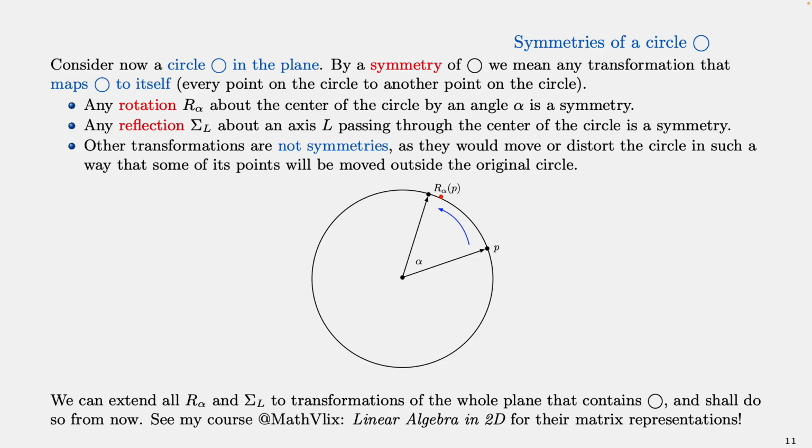So here we have the rotation by an angle alpha, which simply takes this point P and rotates it. So the rotation doesn't change the distance to the center, so it's kept on the same circle, just at a different angle alpha to its original position. And a reflection across such an axis L that runs through the center of the circle does what it says, it reflects it. So we take the perpendicular line to this axis and draw it from the point P to the other side until we hit the circle again,